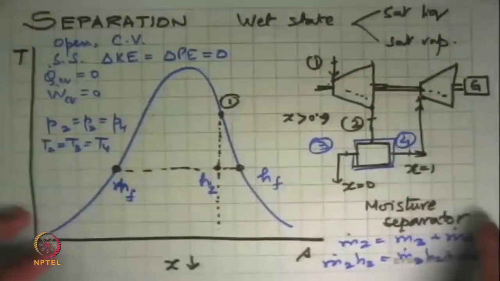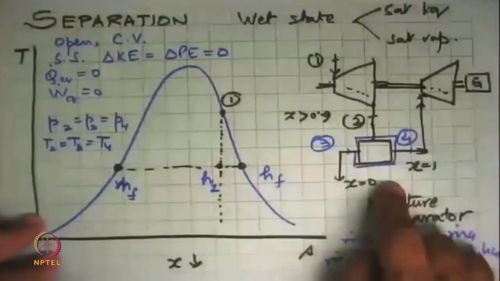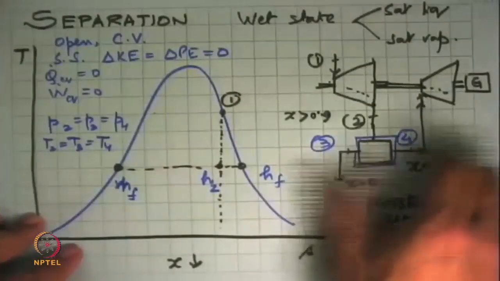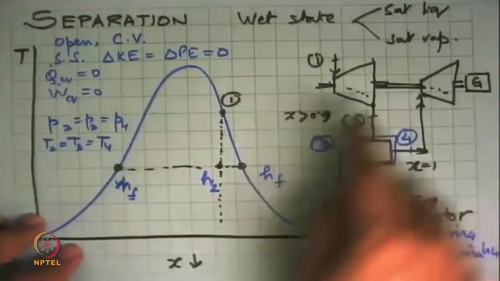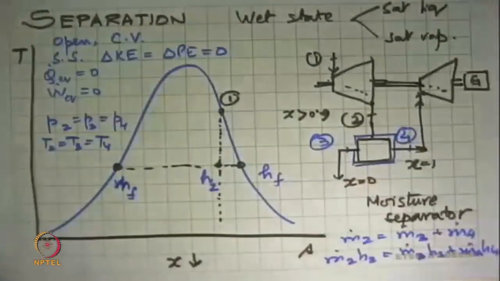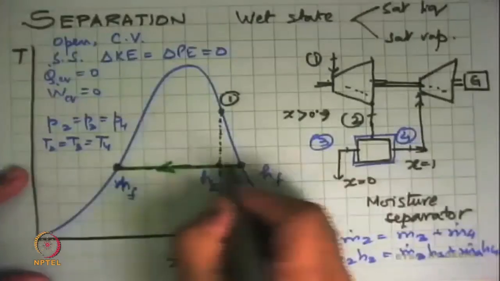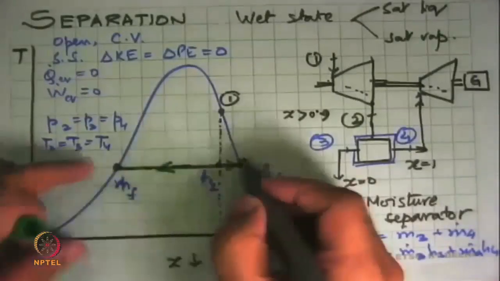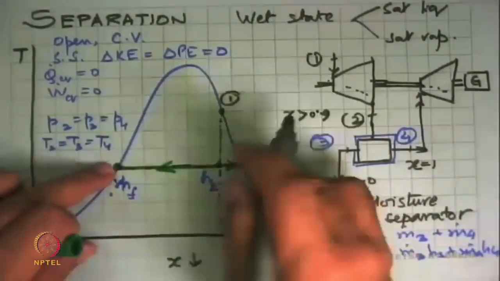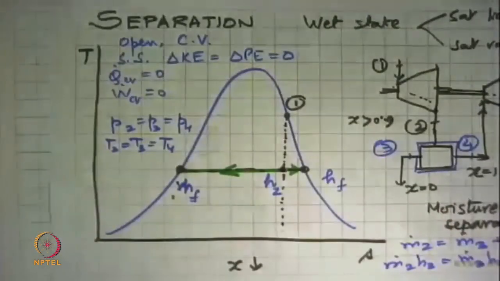And like we just saw with mixing, here we did not put any work or any heat. So if we just reverse all of them, we'll get back the state. So this becomes a reversible process. And on this picture, we can say that this state went over there, this state went over there. And that's how we then have two streams from which you do two different things. So that is the process of separation.